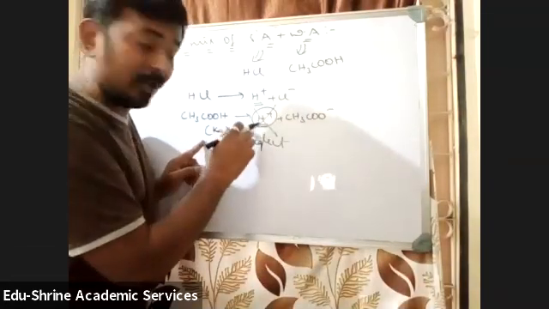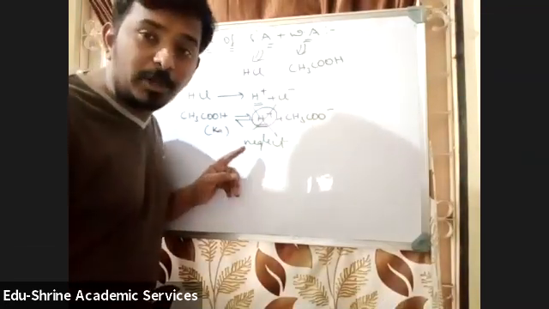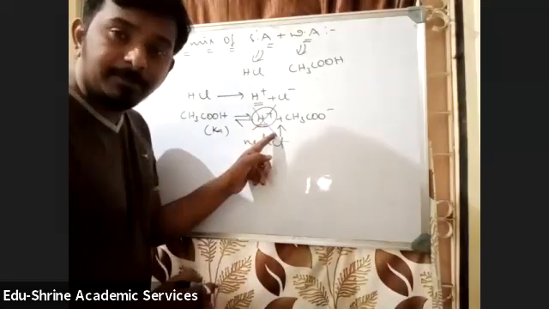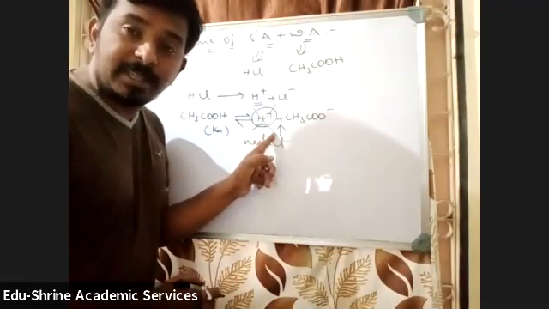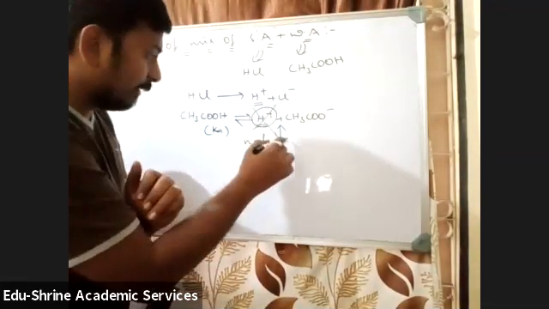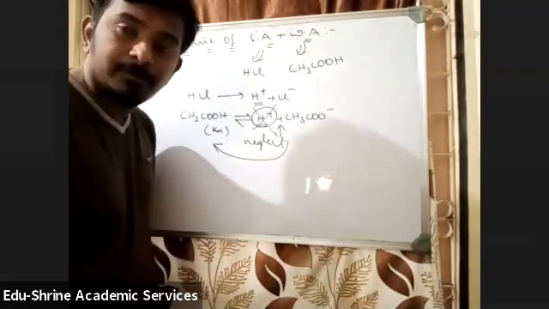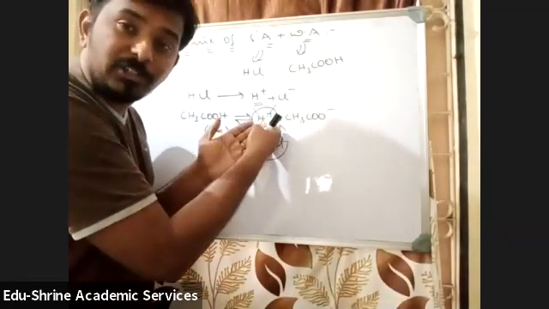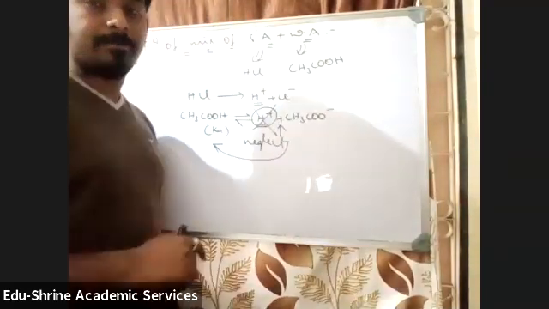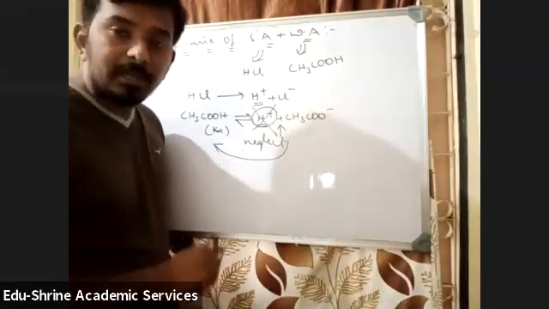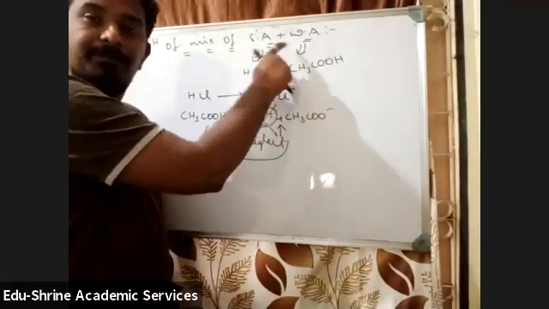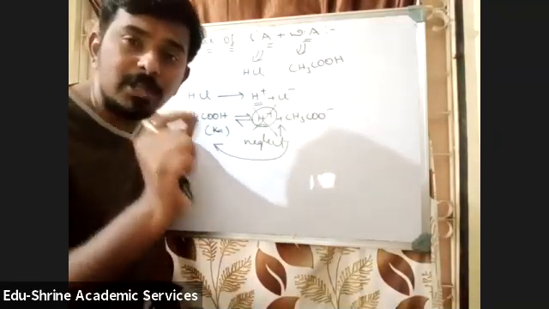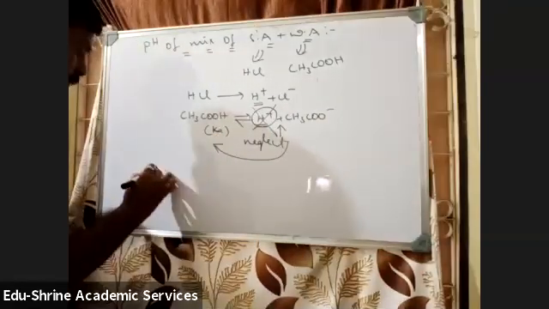Further, again there will be a common ion effect. Due to the presence of common ion, you can see the concentration of product is increasing. When the concentration of product is increasing, according to Le Chatelier principle, equilibrium will be shifted in the backward direction, no? So equilibrium shifting in the backward direction means the number of H plus ions from acetic acid are decreasing still further. Understood? So that's why in this case, the concentration of H plus ions must be taken only from the strong acid.